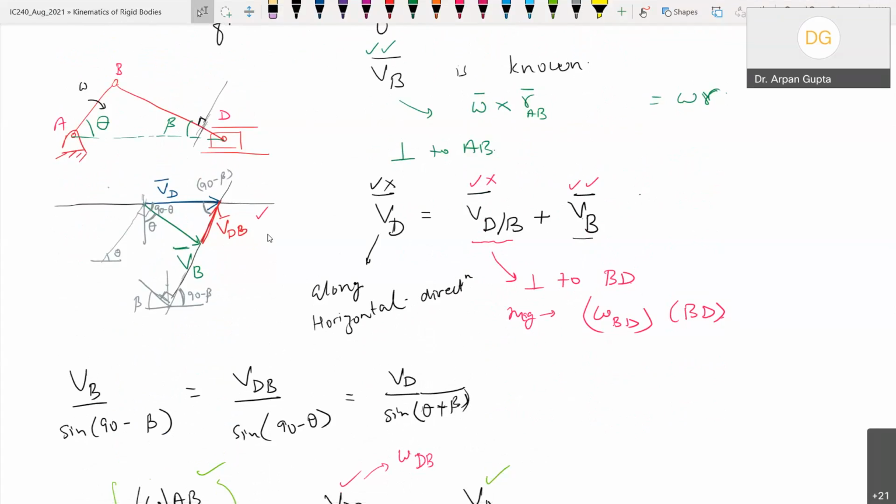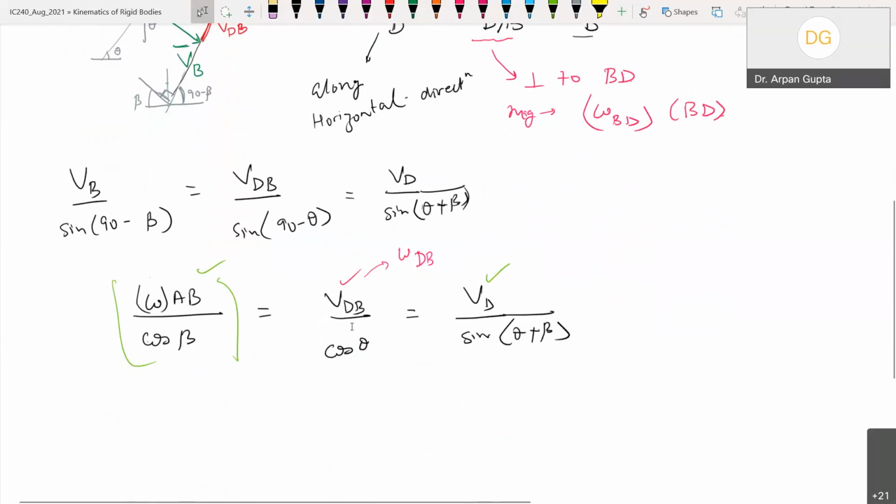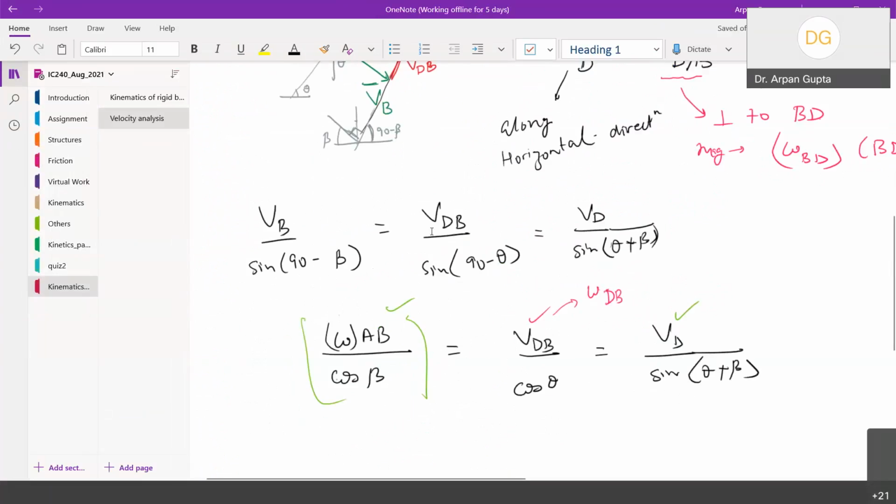So this vector is going upward, which means with respect to point b, point d is moving upward. So if this has to move upward, the omega of db has to be anticlockwise like this. Then only d will move up with respect to point b, right? So the angular velocity direction is obtained by this velocity direction. So this is the analytical solution, and now you can plug in the values and get the numerical values. Straightforward.